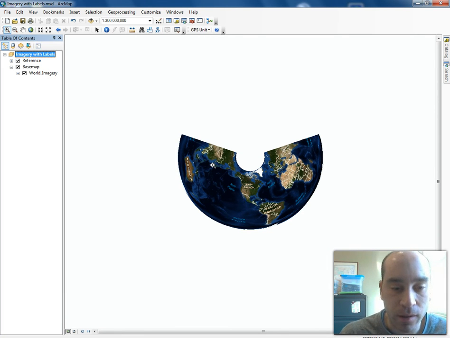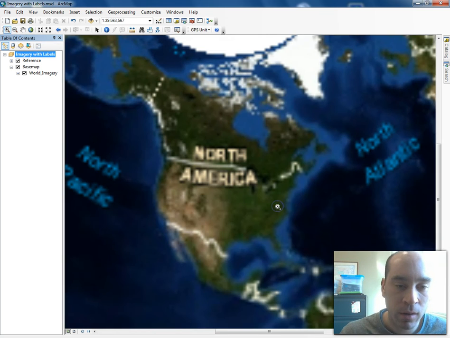Now you can see what happens when we do this. This is a North American projection. That means if we're going to make a map of North America, this would be a projection that we would want to use. And if we zoom in now on North America,